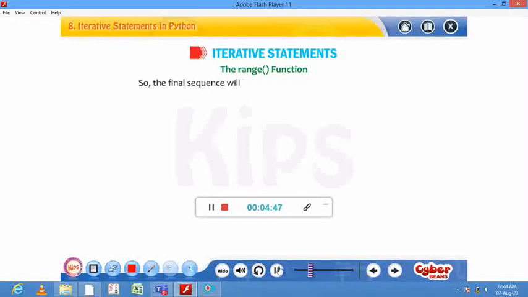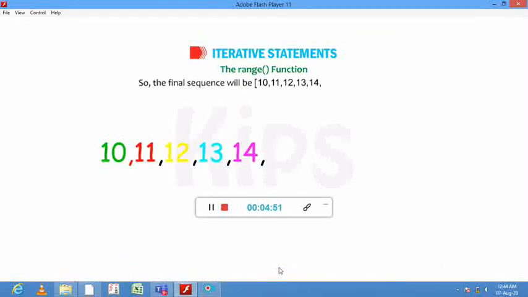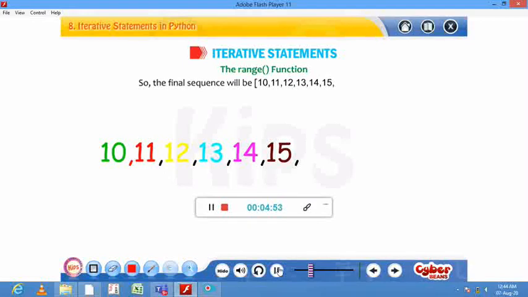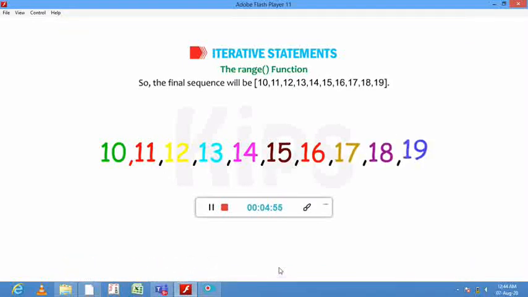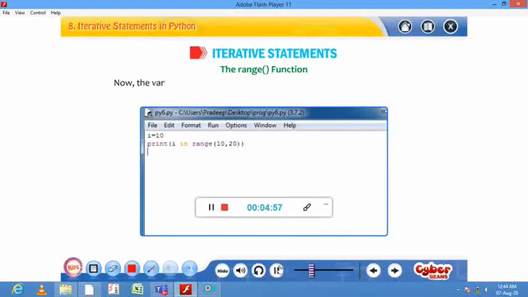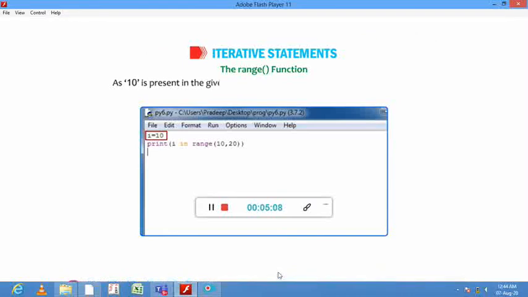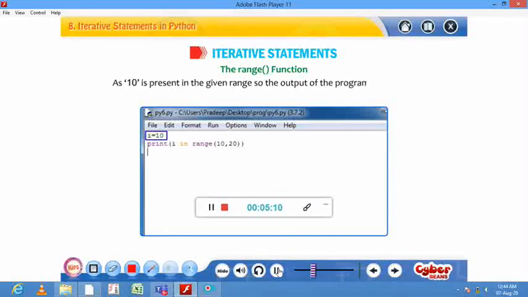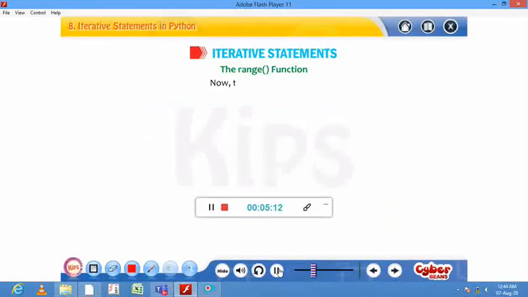So the final sequence will be 10, 11, 12, 13, 14, 15, 16, 17, 18 and 19. Now the variable I, which in this case 10, will be checked with this range. As 10 is present in the given range, so the output of the program